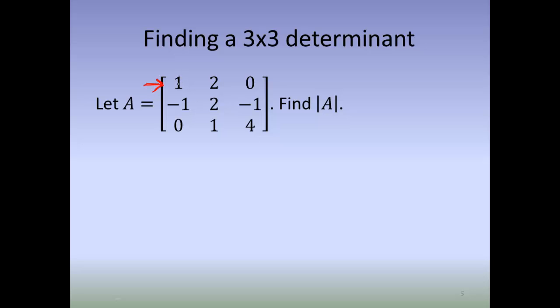So the first thing I'm going to do is, from this 1, cross out the row and the column that goes with it. And I'm left with a 2 by 2 matrix. Okay, so I'm going to write that 2 by 2 matrix down. 2, 1, negative 1, 4. And I am also going to put that 1 that I circled with it. Okay, I'm then going to do the same thing